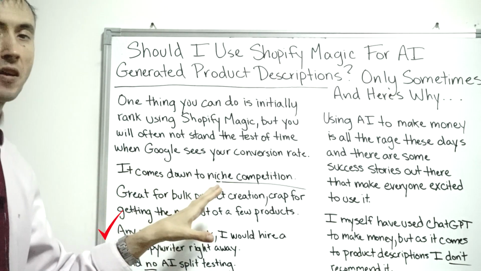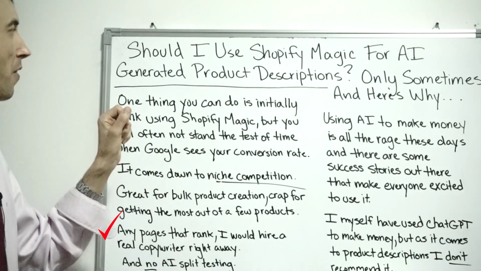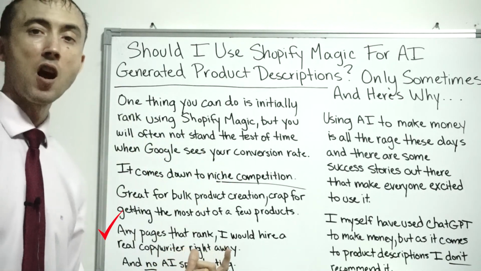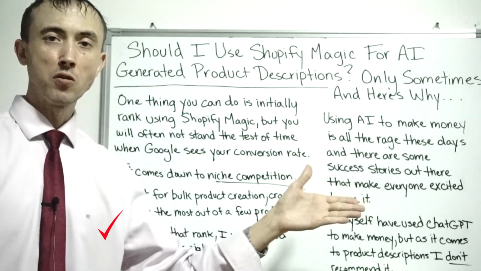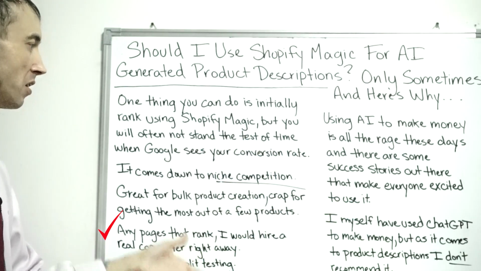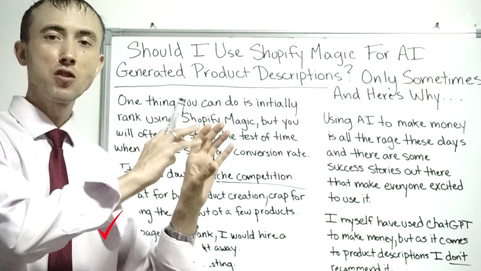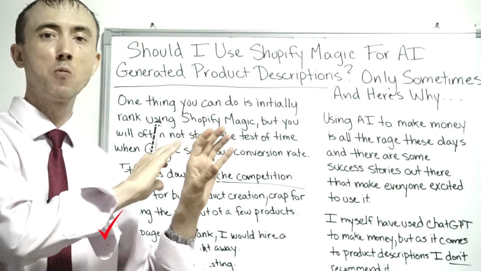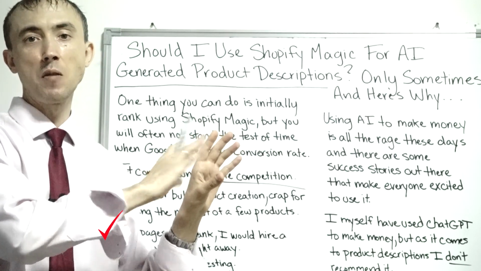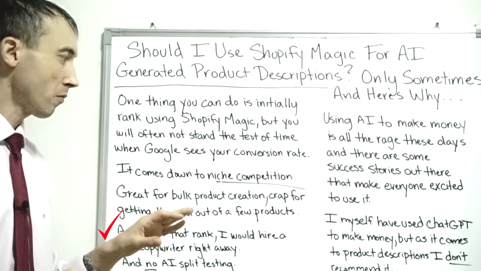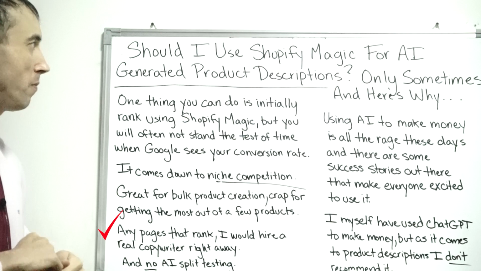The other thing I want to talk about in this particular video is there are apps for Shopify as well that also do automatic split testing. So not only will it create the description for you using AI and ChatGPT, but it will also split test. So it'll change the description after a period of time and see if that will make the product page traffic, or the landing page traffic, convert better than it was before. Okay, so with that said,